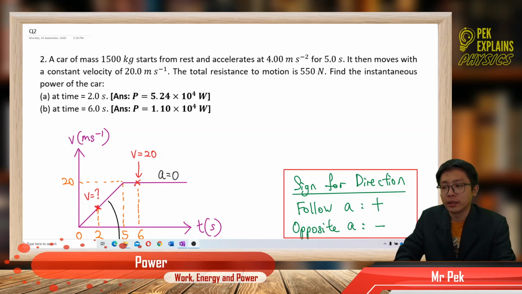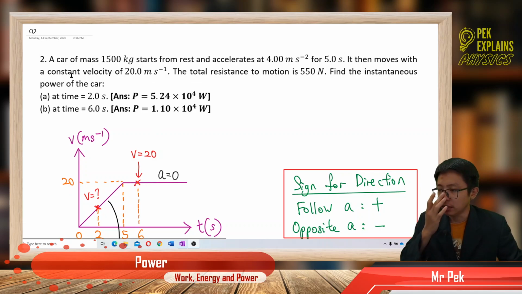Hi, now we are in the second question for the subtopic power. This question is concerned more with the instantaneous power. Instantaneous power. A car of mass 1,500 kilograms starts from rest and accelerates at 4 meters per second squared